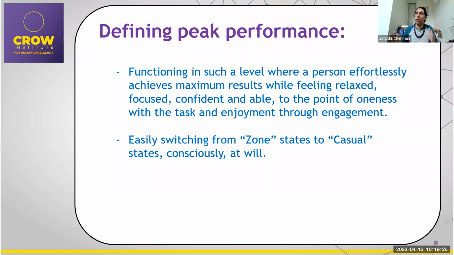A shorter yet very to-the-point way is saying it's switching from being in the zone, which we'll talk about in a minute, to just casual states, everyday states, every other state, consciously. Okay, so these two things define what we, in brain training, call peak performance. Because you could talk a lot about peak performance and about mindset, which is not exactly what we're talking about here, although it has to do with it. But we want to take someone to be a real peak performer, and that's what we want him to be able to do, and how we do it from the brain's perspective. So that's how we define it.